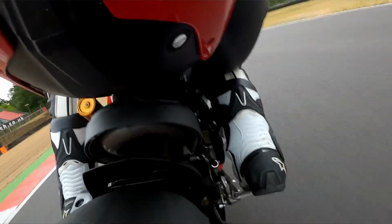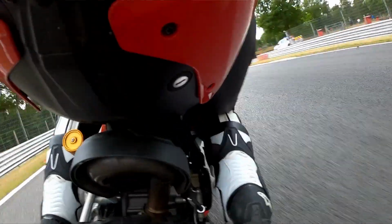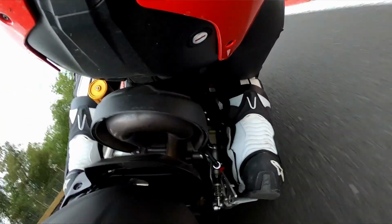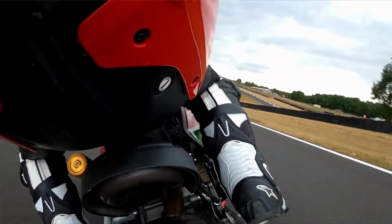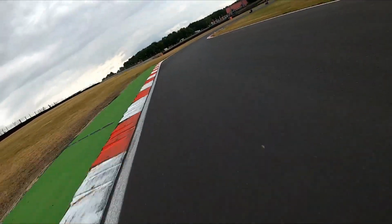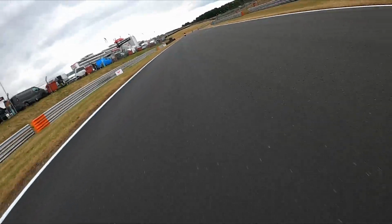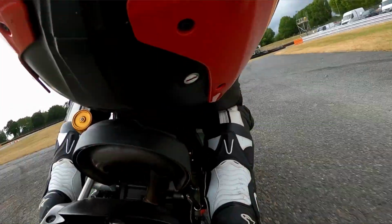I'd done quite a few scalps. I think that could have been 14 actually. I think I counted 14. I think I miscalculated, but anyway, it doesn't matter. So I was quite happy with that, and it's only because they did 20-minute sessions in the morning. Lots of people in the group, 60 bikes in each group, easy. 4 lots of 20 minutes in the morning, and then it was meant to be 3 sessions of 15 minutes in the afternoon. But I managed to last about 11 minutes, because by that time of the day I was